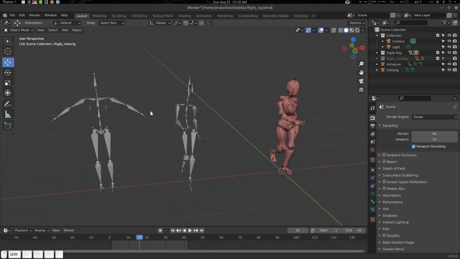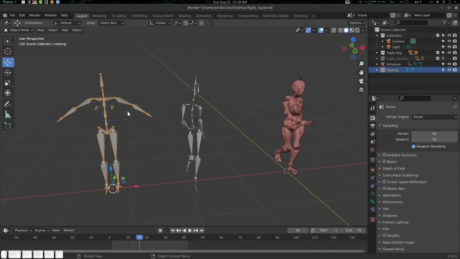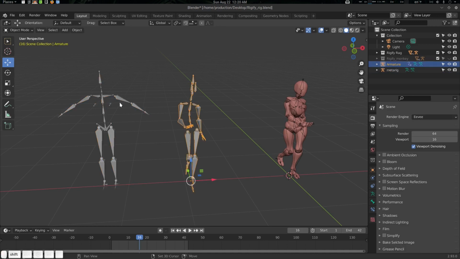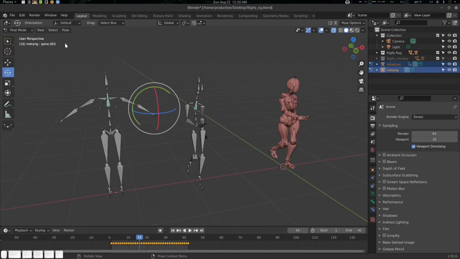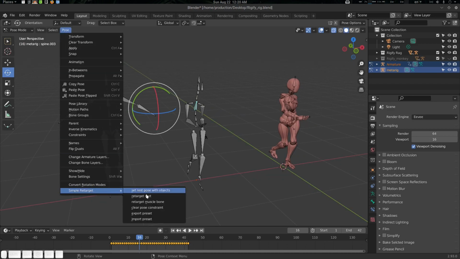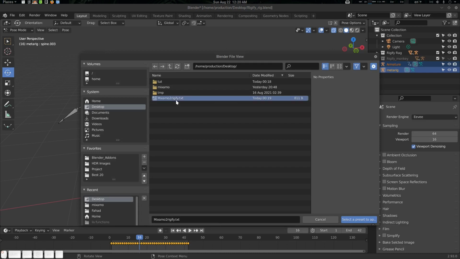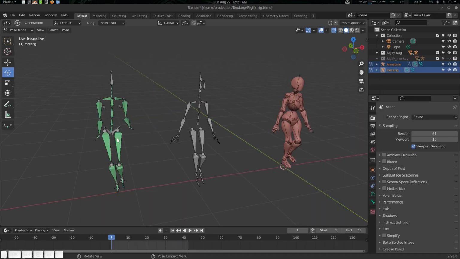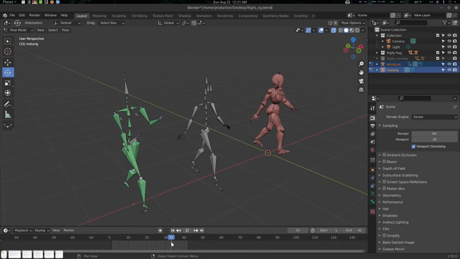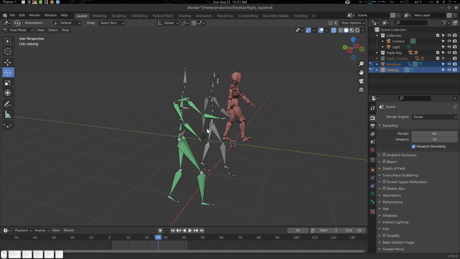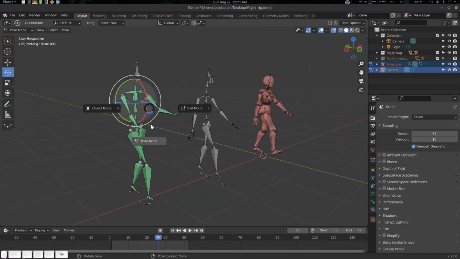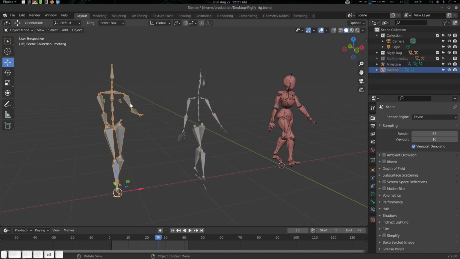All right, so now if the names are correct, what we can do is basically select this and select this, go to pose mode. Now let's select any bone for the retarget and any bone of your source. Let's go to the pose, simple retarget, import preset, and let's apply this. Okay, it will take some time and it will be there. Okay, this is the same. It is kind of different because of our typos.